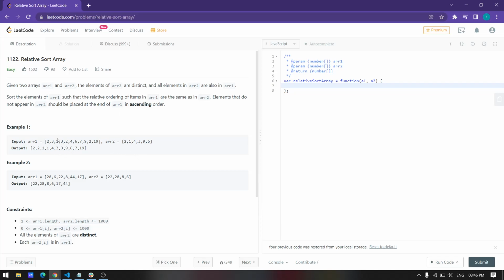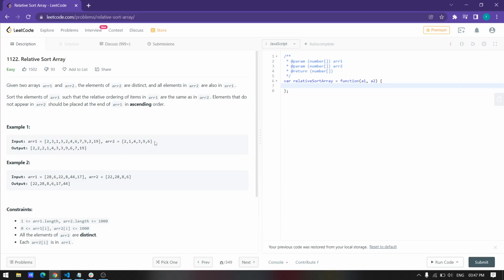So what this question is saying. Firstly, when I was checking this question, I got a little confused, but this is a counting sort algorithm question, and you don't have to do direct sorting in array 1. You have to pick the 2 and check how many 2s there are. Let's suppose three 2s are there, so you will place them like this: 2, 2, 2, and after that there is 1. So 1 is coming one time, so 1. So you have to sort array 1 with the help of array 2,